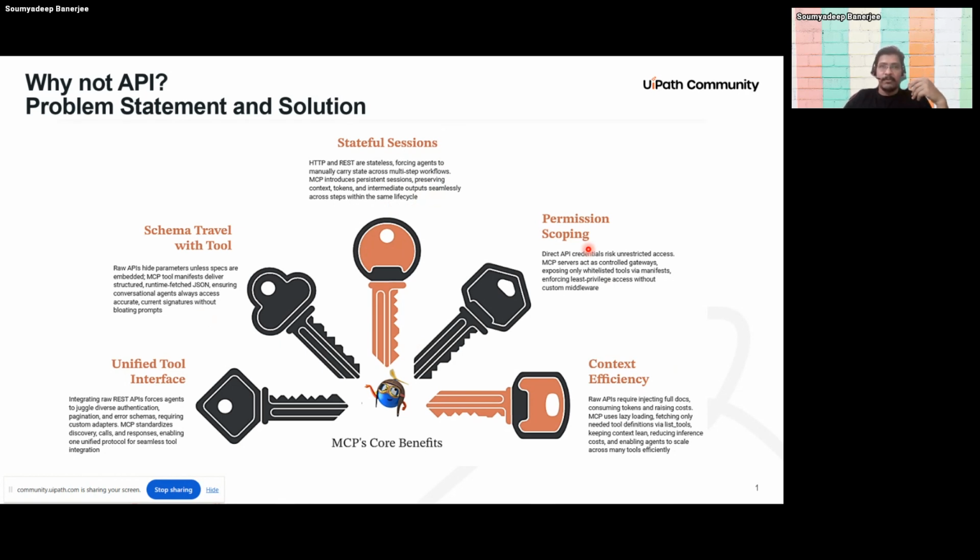But here in MCP, if you want some of the functionalities to be exposed to the outer world, then you can only expose those functionalities to the outer world. The rest, you can mask or keep under shadow. And also context efficiency. So if there is any change in the REST API, design pattern, or authentication,